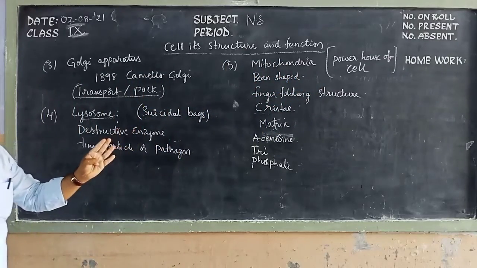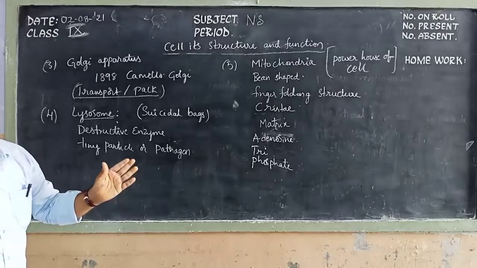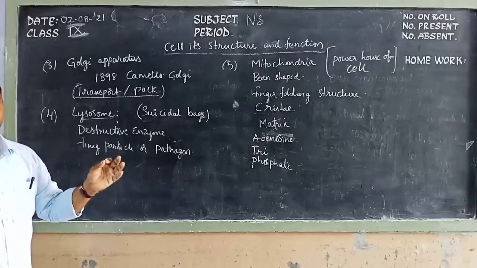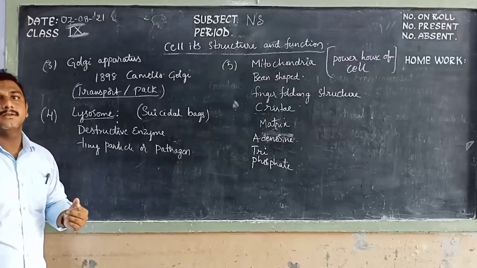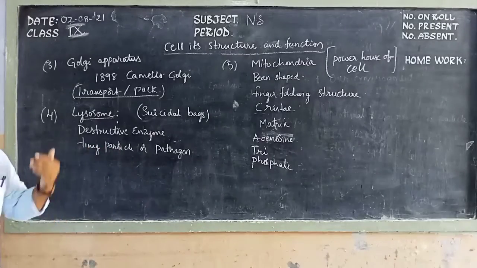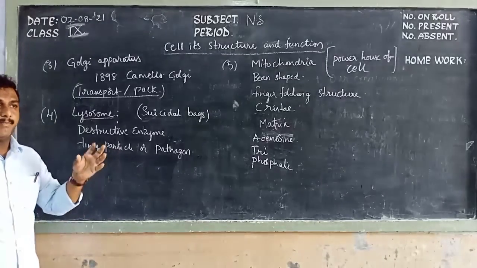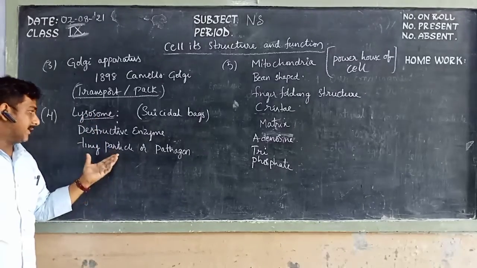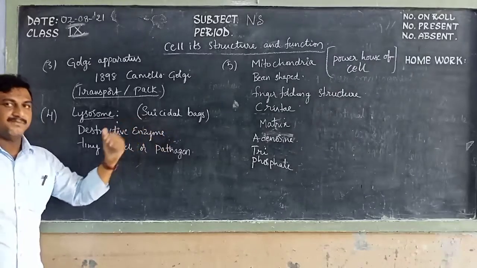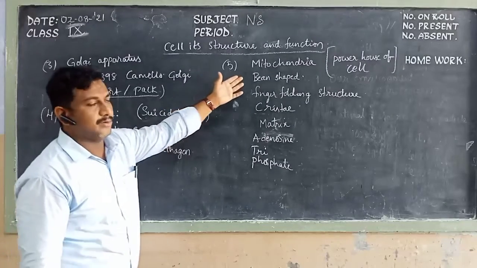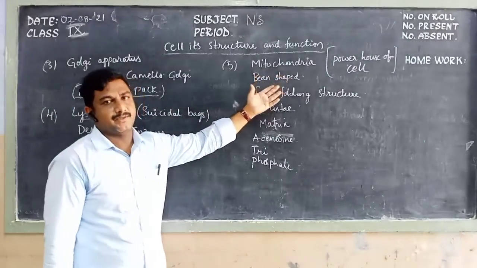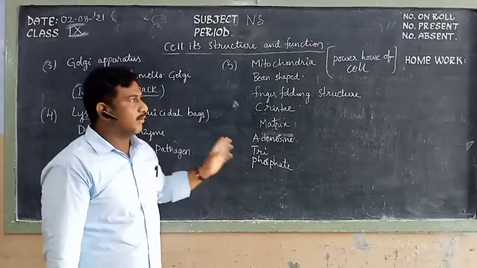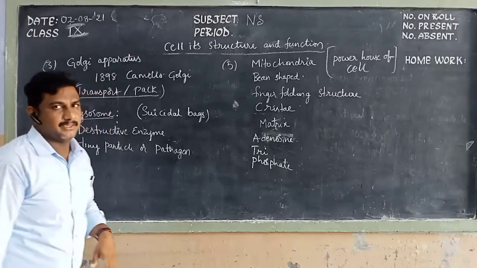Nucleus is known as the cell manager or control of the cell. Endoplasmic reticulum is known as the transporter. Golgi apparatus is known as the packager and transporter. Lysosome is known as the suicidal bag of the cell. The same way, the mitochondria is known as the powerhouse of the cell. And we will go for the next cell organelle known as